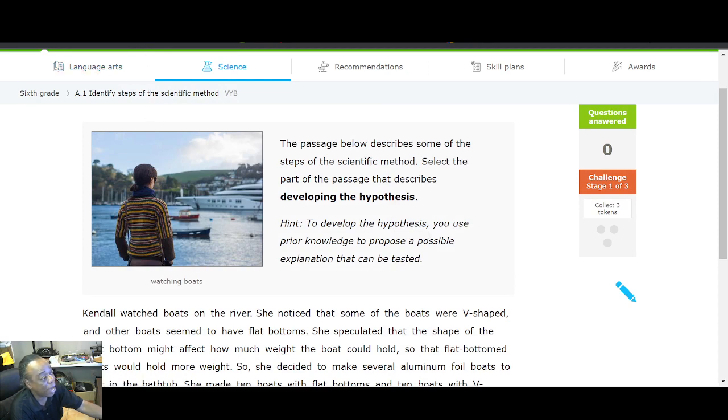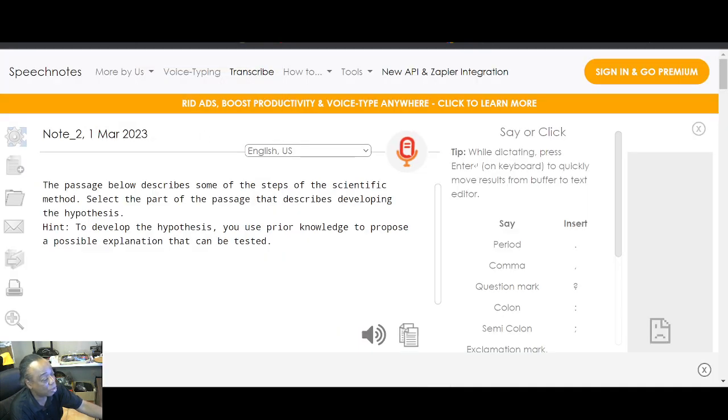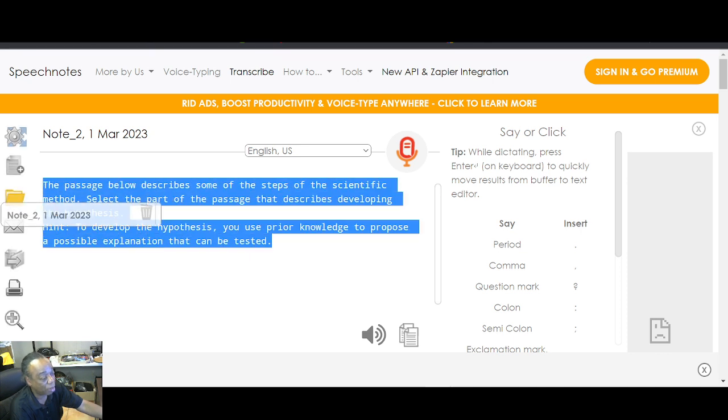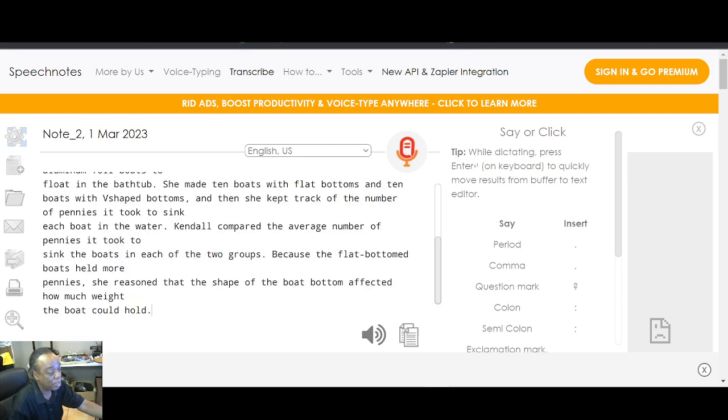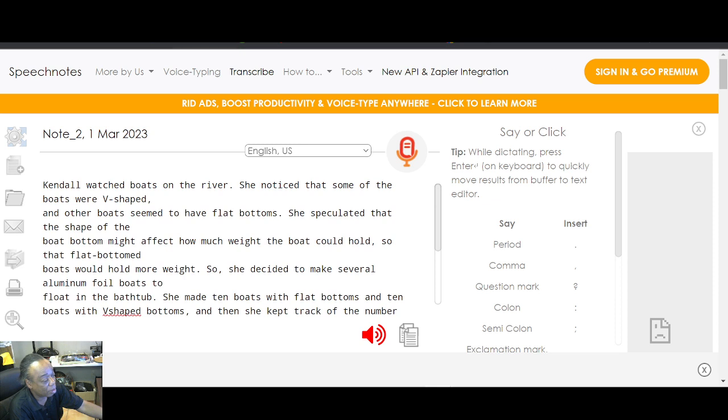And then we go back to text to speech, and we're going to delete all this. We don't need this anymore, so I'm going to delete that. And then I'm going to paste right here, and we get